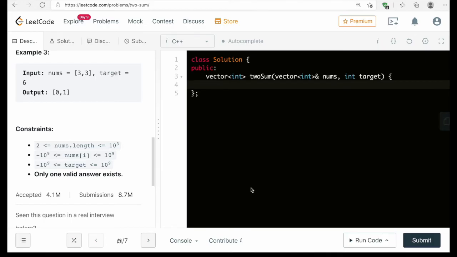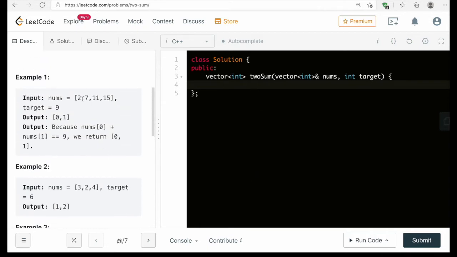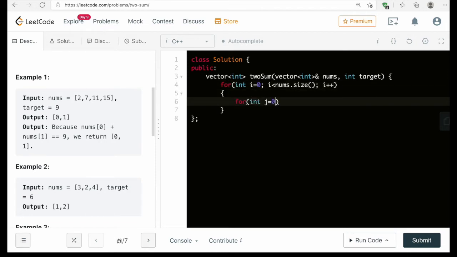The first way in which we can solve this problem is through brute force. So basically we can take two iterators i and j maybe, and then iterate through this entire array to find out if there are two elements which exist in this array whose sum could be equal to 9. j starts from i plus 1. Let's say if i starts from here, j will start from here, the next element always.